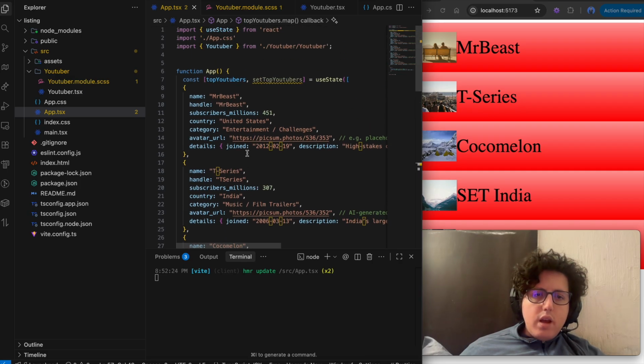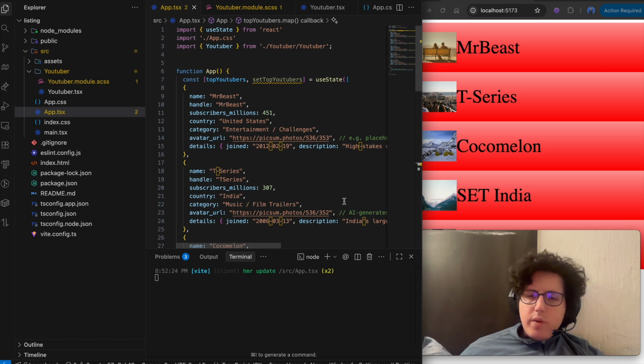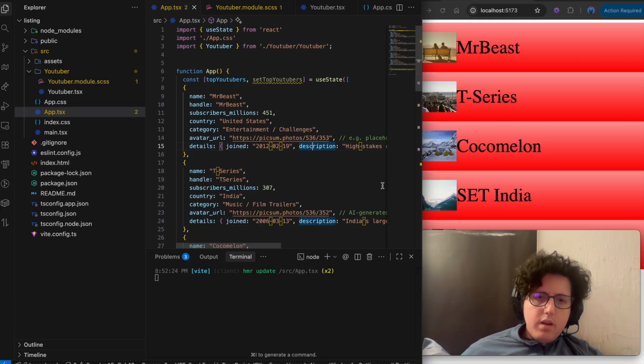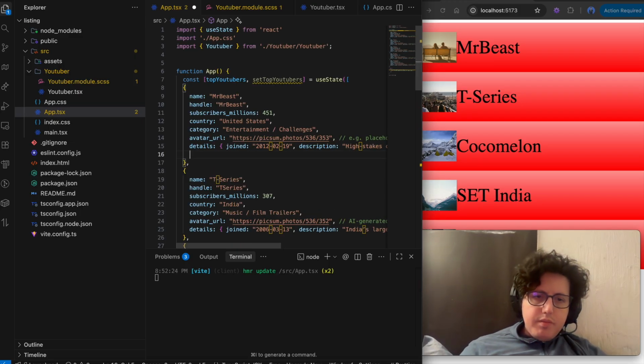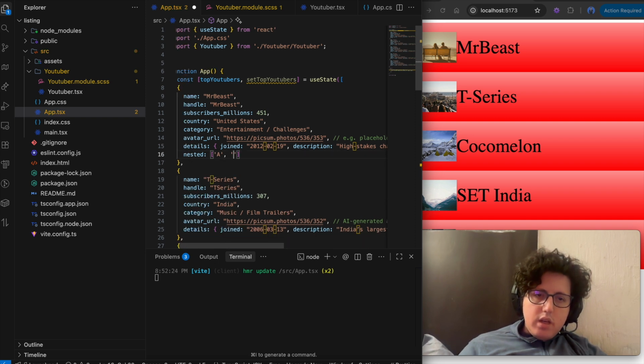I was hoping to have an array inside, just so you can see how arrays can be nested. So let's do it. Nested is going to be added by hand. So this is going to be like, I don't know, like letters, like B and then C,